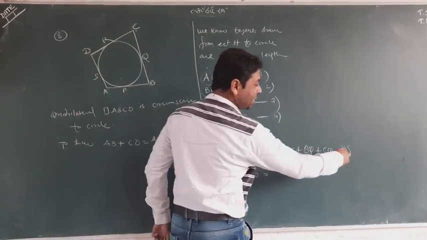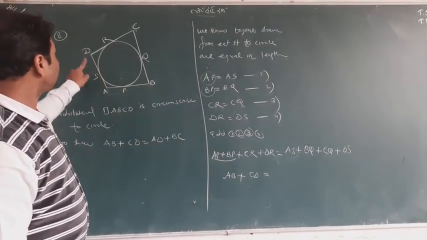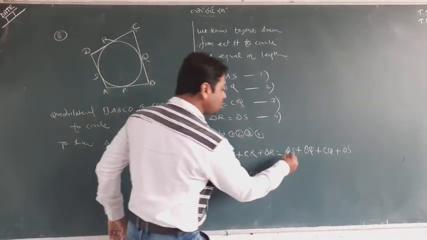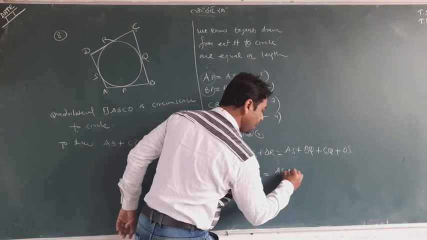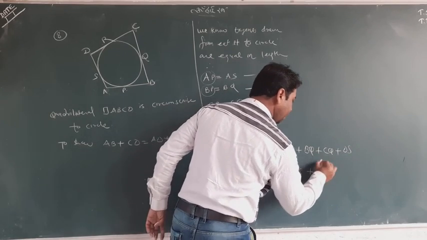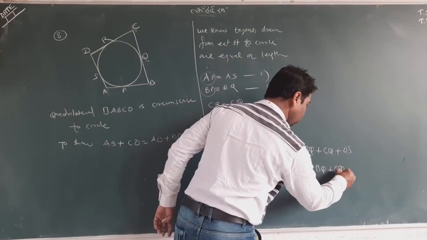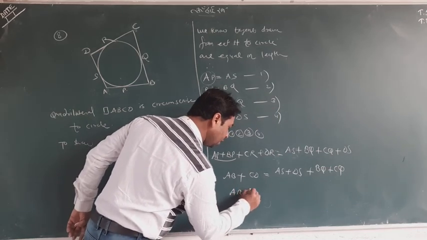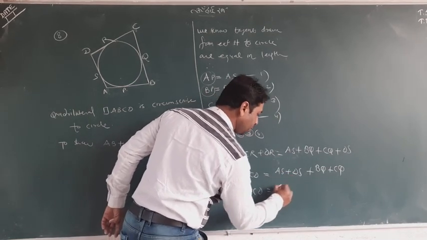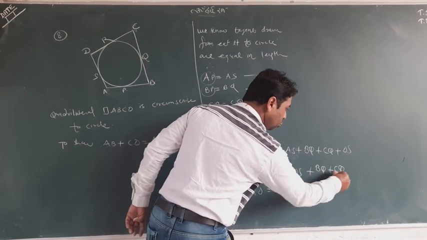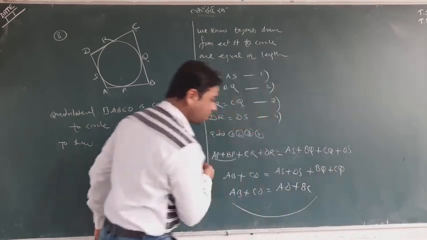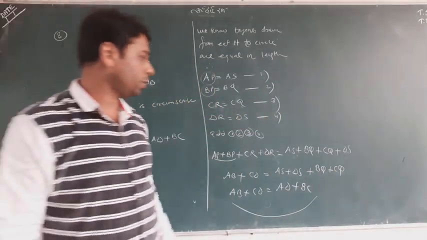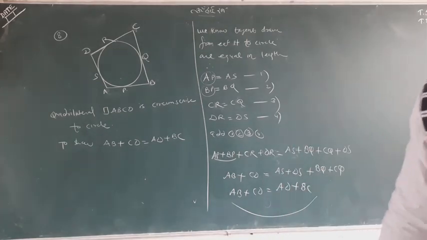AS plus DS, I can see, look, AS plus DS equal to AD. So I first want to write them together. AS plus DS, I will write them together. BQ plus CQ. Now it's the final thing, we have to write only AS plus DS equal to AD and BQ plus CQ equal to BC. And hence proved. This is a very simple question, we have completed it here. Nothing was hard.